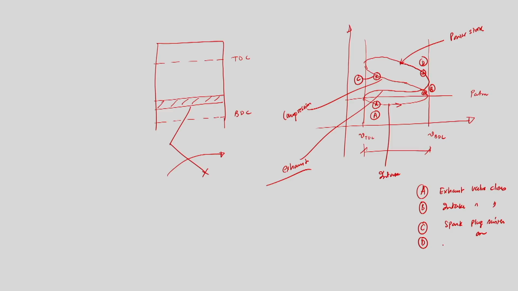So D is exhaust valve open. Ideally, the exhaust valve should open when the piston is at BDC, at the end of the power stroke, but this is not the case. Rather, we open the exhaust valve when the piston has not reached BDC at the end of the power stroke, and this is done, we will discuss, because whenever there will be